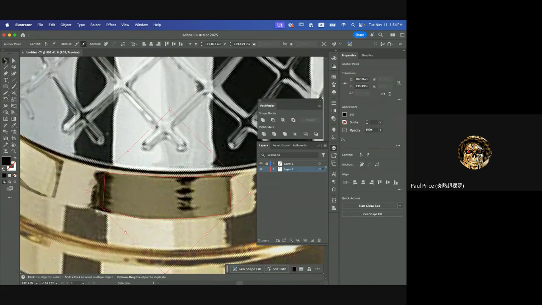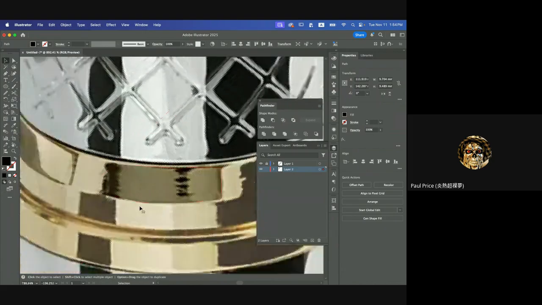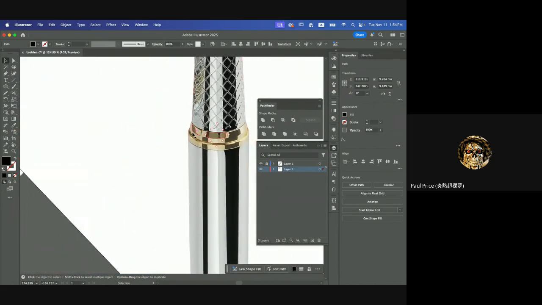So probably this piece right here goes on top. So arrange, bring to front. Before I continue, I have a couple of pieces done. So that one. So what you want to do